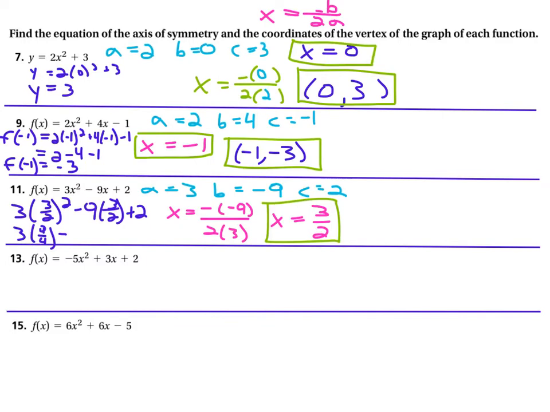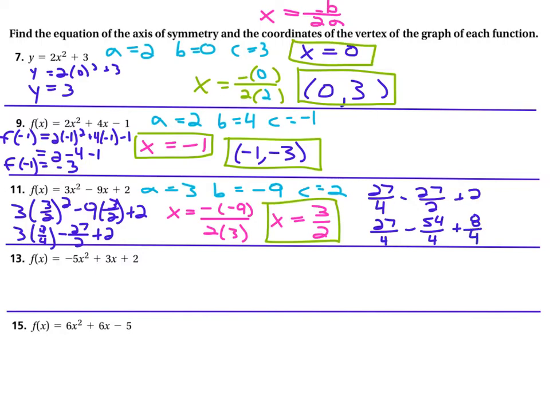Minus, what is 9 times 3/2? It is minus 27/2 plus 2. So if I go over here on the right-hand side, I'm going to say 3 times 9/4 is 27/4 minus 27/2 plus 2. And I'm going to turn them all into equivalent fractions that have the same denominator: 27/4 minus, I have to double top and bottom to get this, minus 54/4